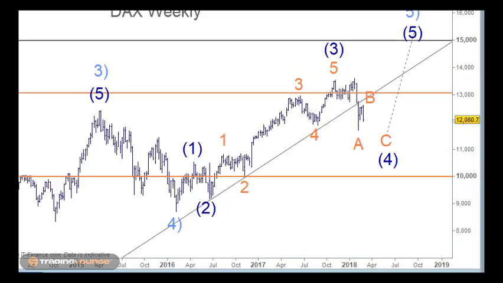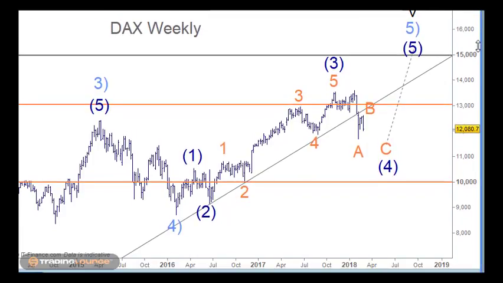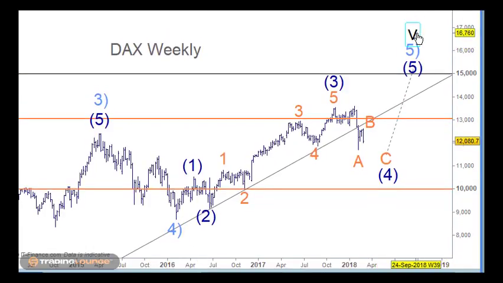Welcome to Trading Lounge and the European indices, and starting with the DAX here on the weekly chart, just to get a big picture view. We know we're looking at primary wave 4 here, moving up to primary wave 5 of cycle degree here, so a very significant top here, and we're looking for 5 waves within that structure of intermediate degree of wave 1